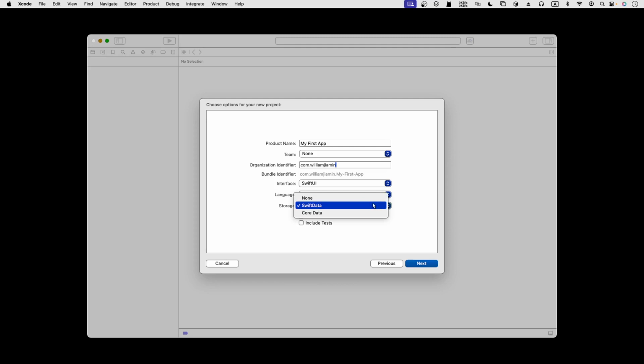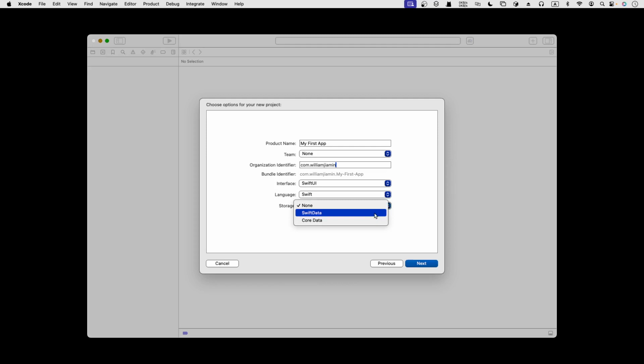And for storage, you can use Swift Data or Core Data. Swift Data is just a newer version of Core Data that wraps around a lot of complex things so you can finish them with one line of code. It's got a special syntax for it, but since it's our first app, you don't need to worry about the storage system. You can just choose none. This can speed up the initialization process, so you won't wait a lot of time when you create your project. We will introduce Core Data as well as Swift Data, but